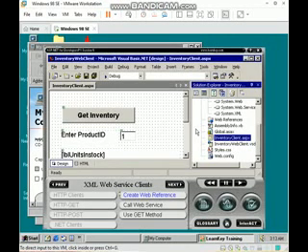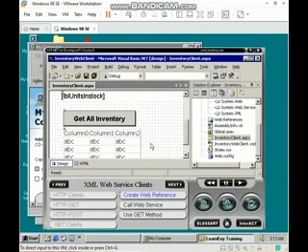I've loaded the sample project for this section, and I'd like to display the inventory client.aspx page. I've already laid it out pretty carefully here. I'd like to be able to retrieve an inventory status for a product ID and maybe fill a grid with all inventory for all items. I know I have a web service available that will get me this information, but how do I hook it